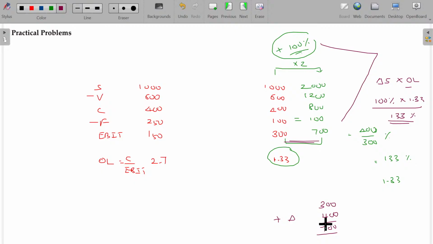So the operating leverage says the magnitude of the change in EBIT with respect to the magnitude of change in the sales. If the sales has a change of 100%, what would be the change in the EBIT? That EBIT change can be very easily found out by multiplying the operating leverage with the change in the sales. Similarly, in this case, what happens? Sales being 2000 rupees, I am doubling the sales. Then variable cost is also doubling, contribution also doubling. Fixed cost remains the same, not changing. Then what about the EBIT here?